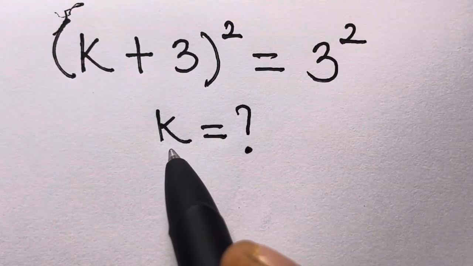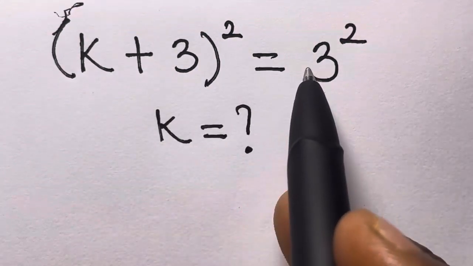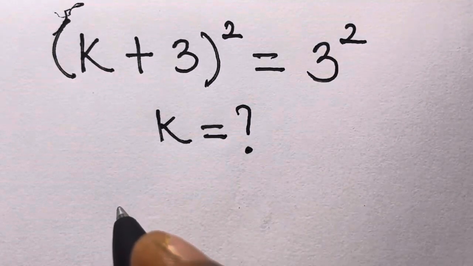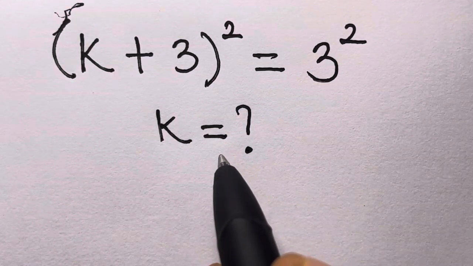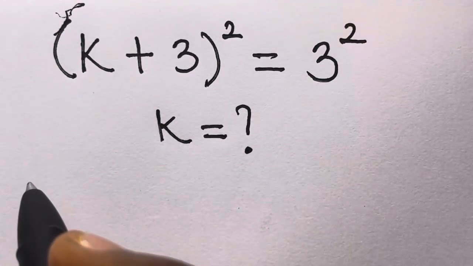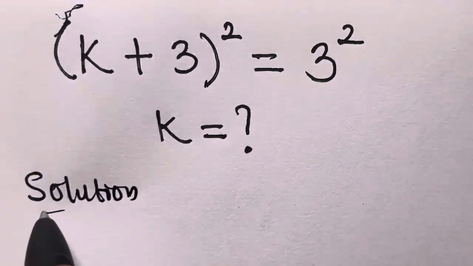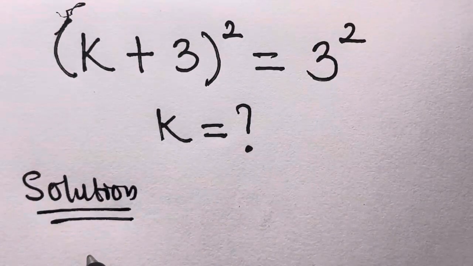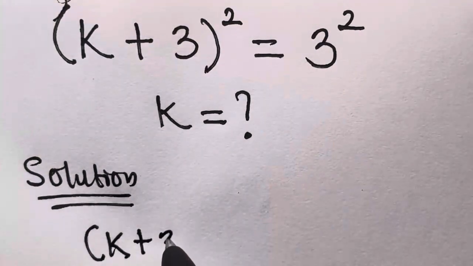In this video we want to solve for k in (k + 3)² = 3². My great fam, could you believe most people forget one key rule when solving this? But let's solve it together and see. We have, let's say, solution. We have (k + 3)²